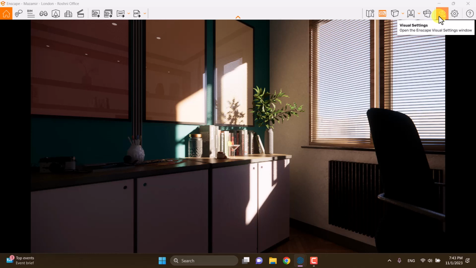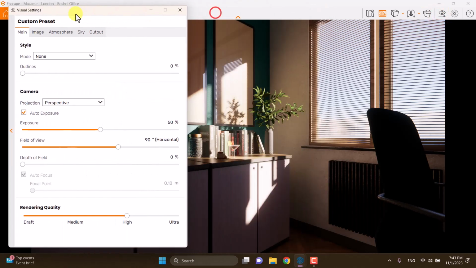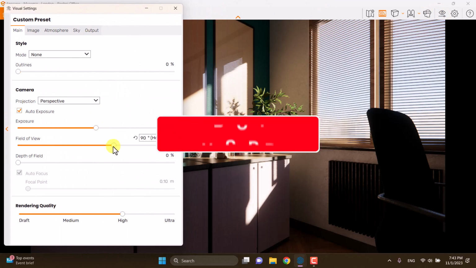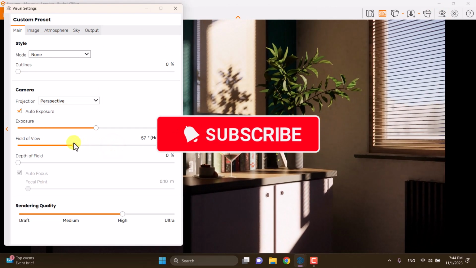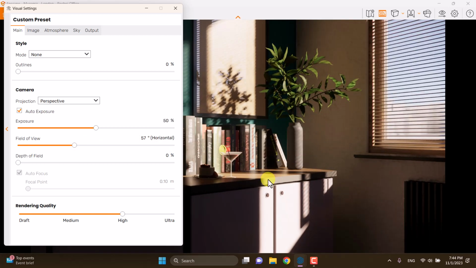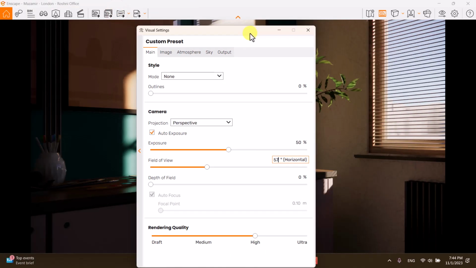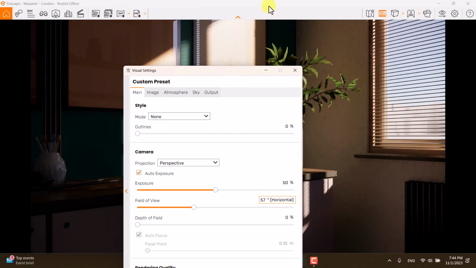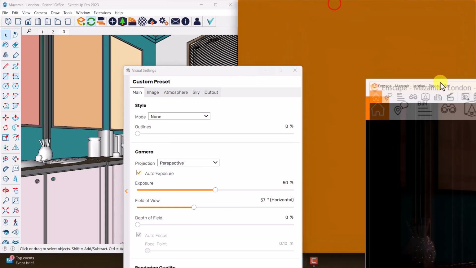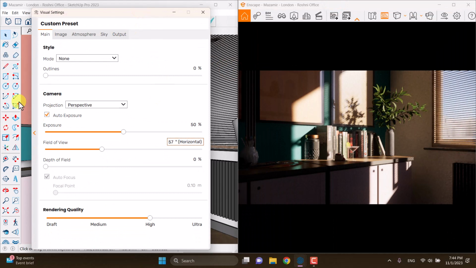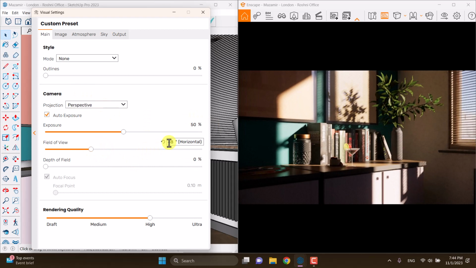Let's get to work. I'm going to click on the visual settings and move this box to the displays and play with the field of view to zoom on my target. My target is my decoration, and this vase plus this wine and books. A 57-degree horizontal field of view can be really good for this. If you want to work much easier, you can create two windows like that and move your visual preset onto your SketchUp screen. So I can reduce the field of view to something like this, about 48 degrees, and turn